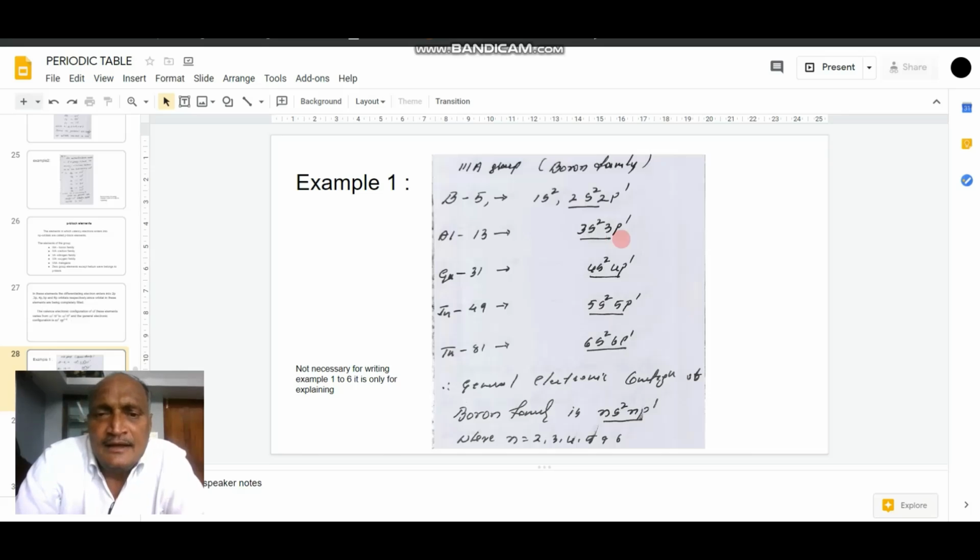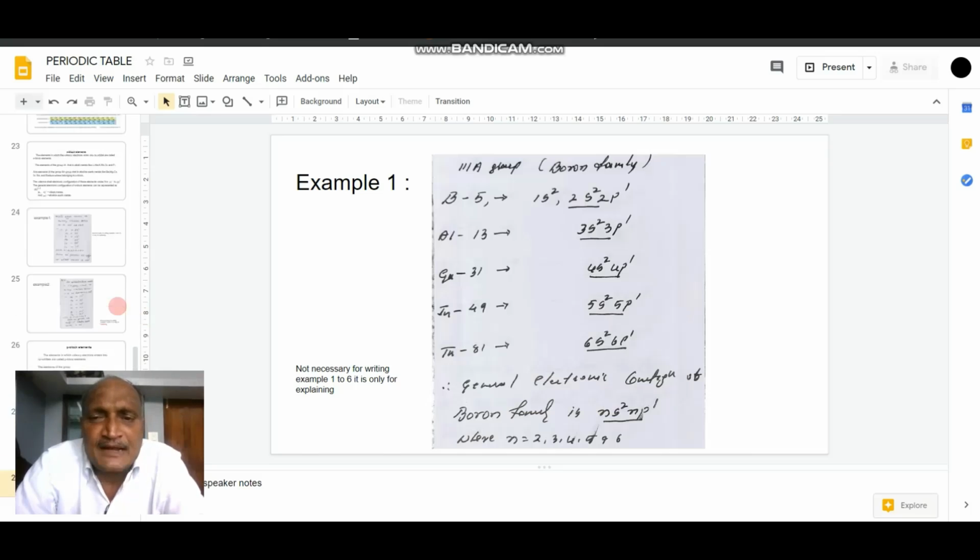Likewise, in the third A group, boron, aluminium, gallium, indium and thallium receive their valency electron in the form of a p1. Hence, the general electronic configuration of boron family is represented as